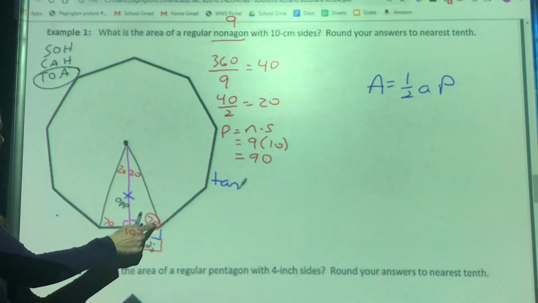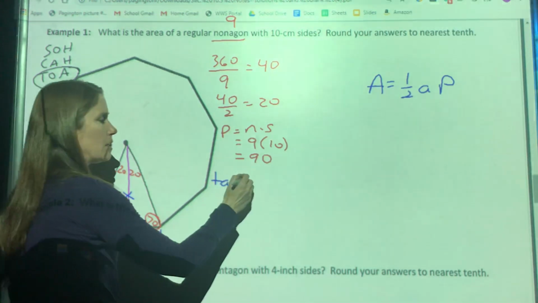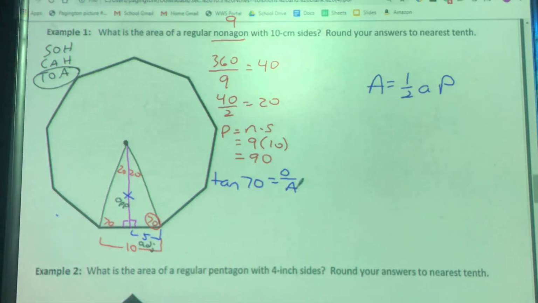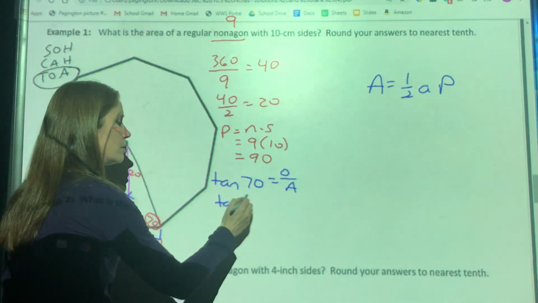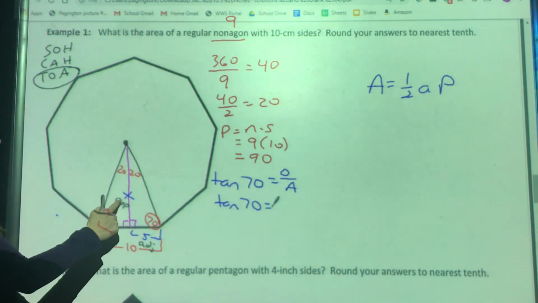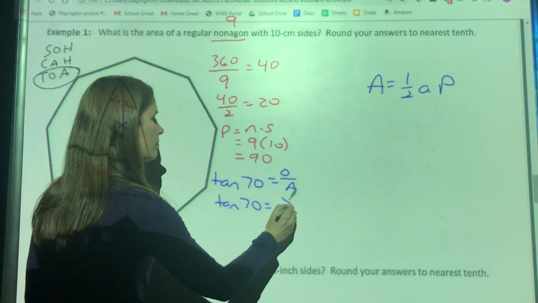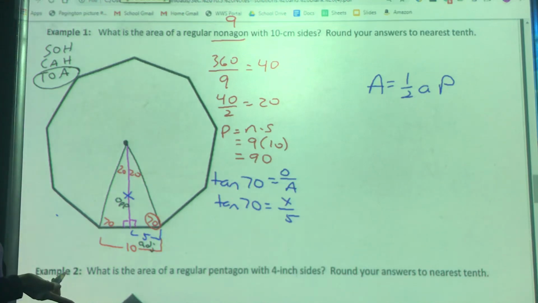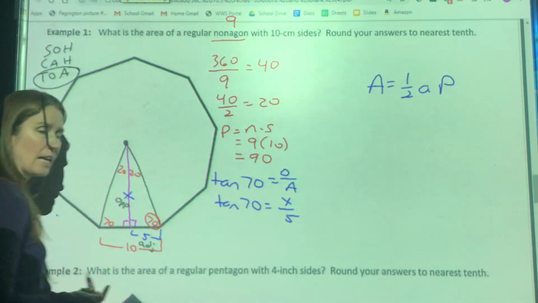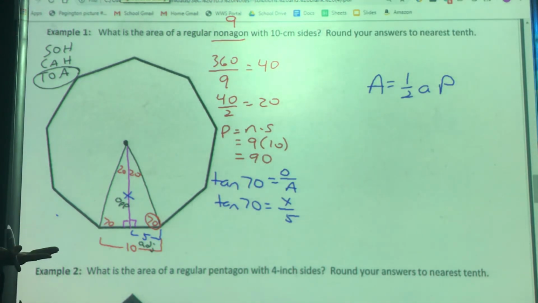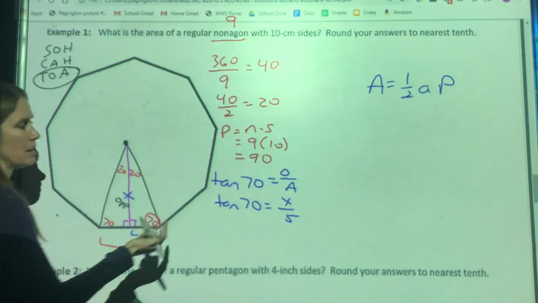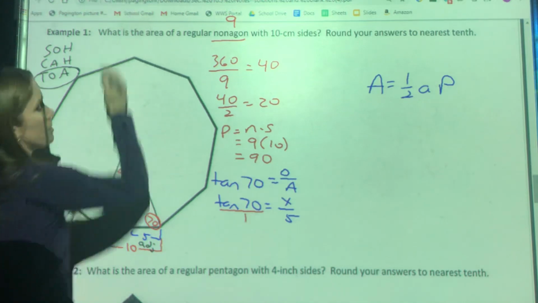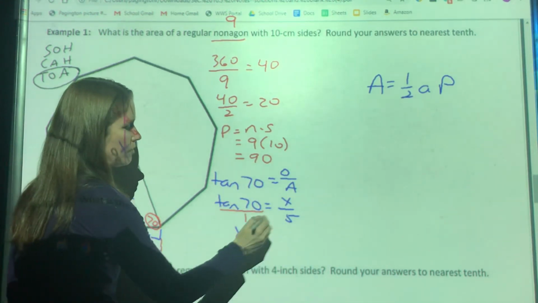Remember, it's always sine, cosine, or tangent of the angle, and in this case your angle is 70, is equal to opposite over adjacent. I usually write that step first, and then if I go and plug in, my opposite is my x, my adjacent is my 5. And then remember, when we're solving these, if I'm trying to find one of the side lengths, I'm going to cross multiply. If I'm trying to find the angle, I'm going to use my inverse sine, cosine, or tangent, my tangent to the -1. But in this case, I'm just going to put a 1 underneath this. Tangent of 70 is just a number. I can think of it as cross multiplying. So in this case, I've got 1 times x is x, and 5 times tangent of 70